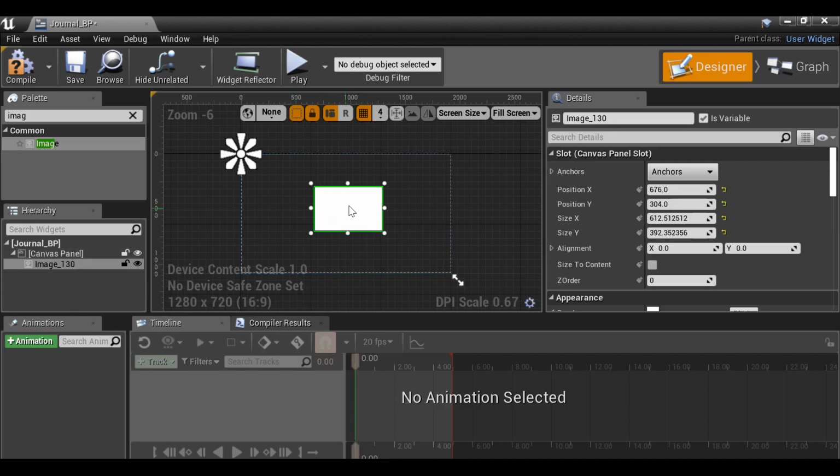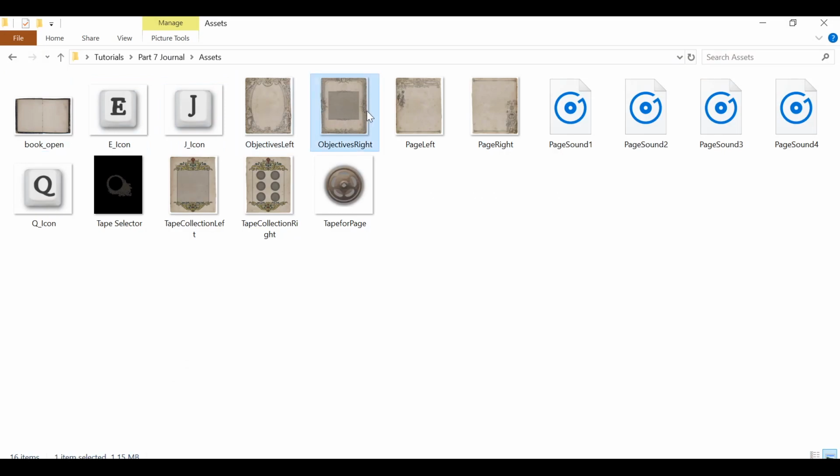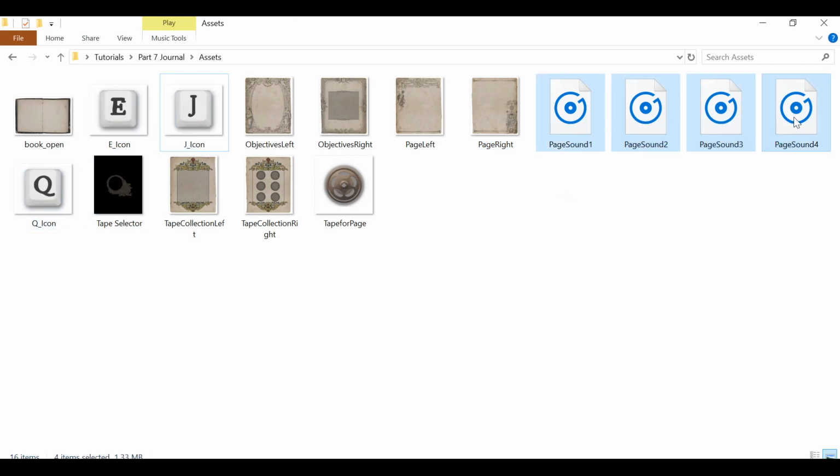Now we need an image to use. You can see I've got some images for the pages of the journal. I have some images for the icons of the buttons you'll need to press to flip the pages. And I also have a few sounds I recorded which will play when the page is turned. Once you've got your pages and any buttons and any sounds that you want to use, we can bring these